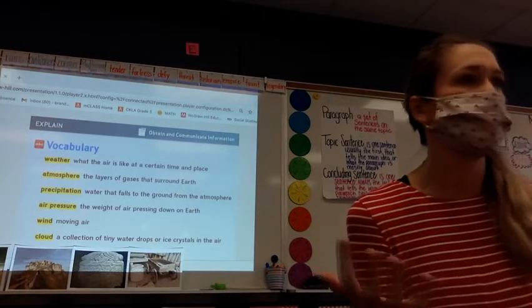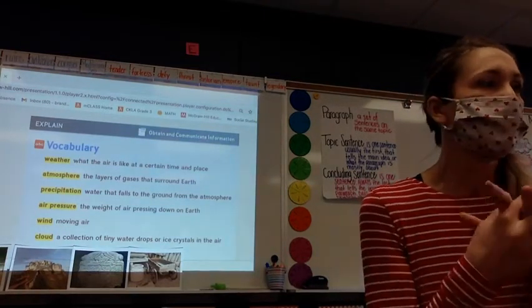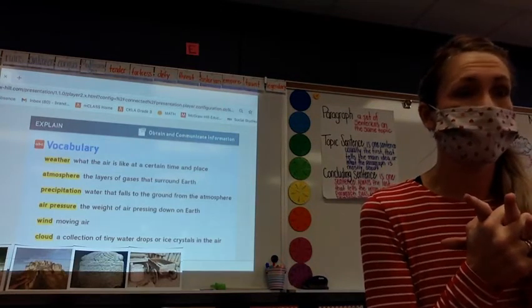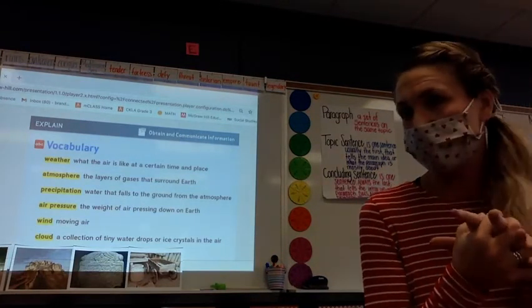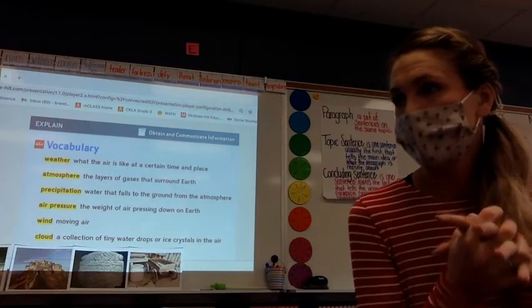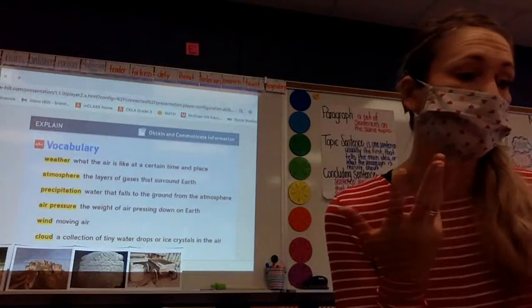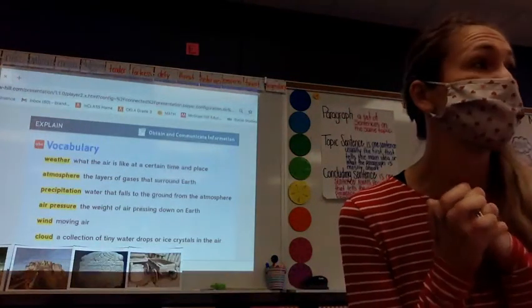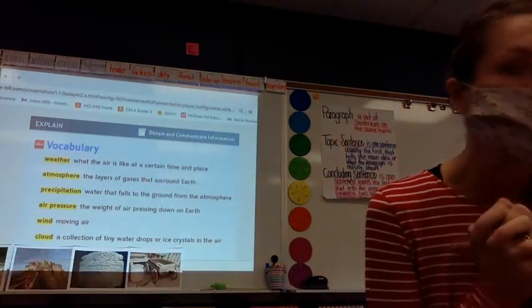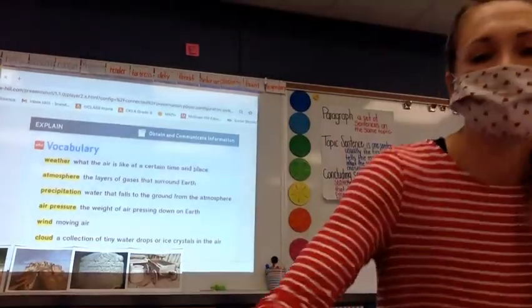And we're going to do that today by doing just a little experiment with a paper towel and a cup and some water. Sound good? And we're going to see what air does in the presence of water and see what happens. Go ahead and take out your Be a Scientist notebook and open up to page 93.